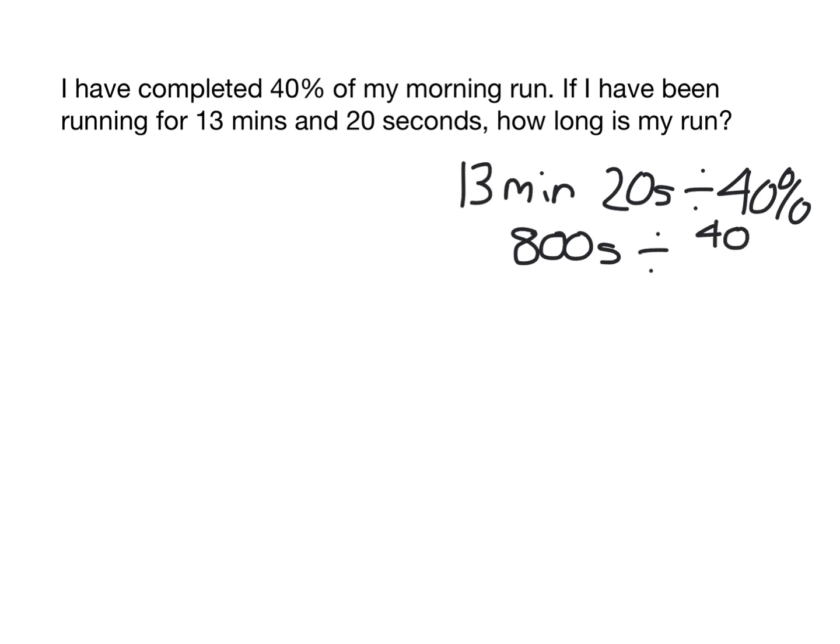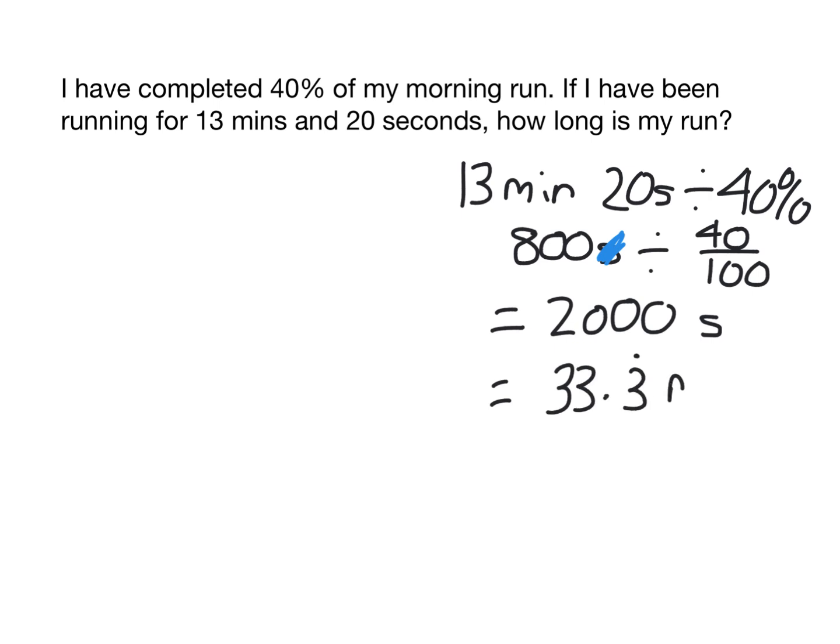40% is 40 over 100. In my calculator, I can't really put units, so I'm just going to put 800 divided by 40 over 100. The answer my calculator spits out is 2,000. So my run is 2,000 seconds in total. If you want to know how many minutes that is, you can just divide by 60. So 2,000 divided by 60 is